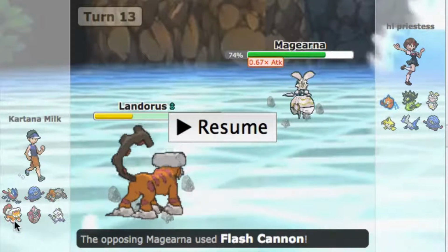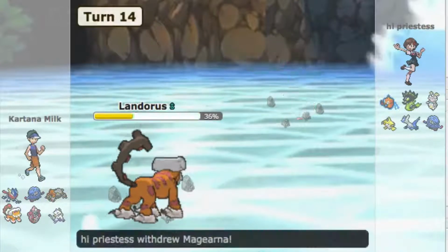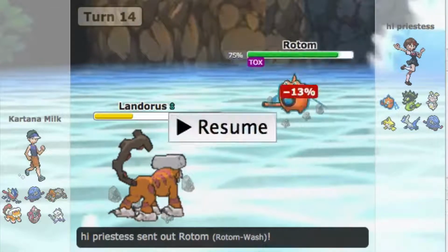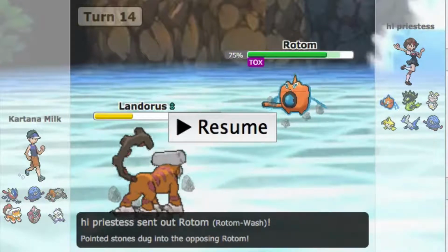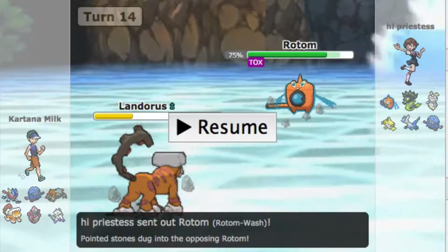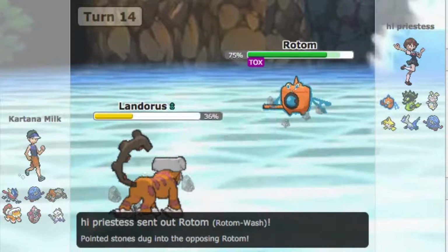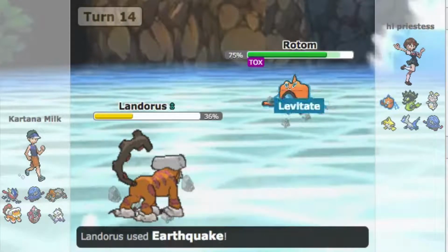But it seems very likely that my opponent predicted my Landorus switching, so I'm just going to go ahead and go for the safe Earthquake. I know that most people would be kind of pressured into going for their Z move or trying to set up, in essence, to regain some lost momentum, but because I do have the Tangrowth in the back, I don't really feel the need to go for that